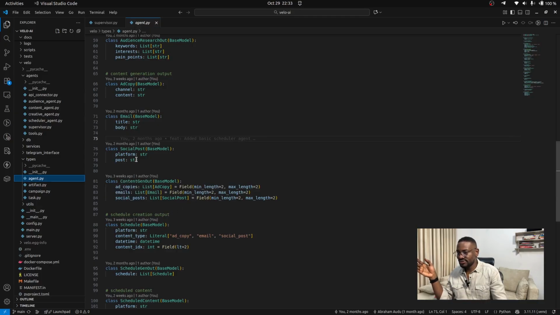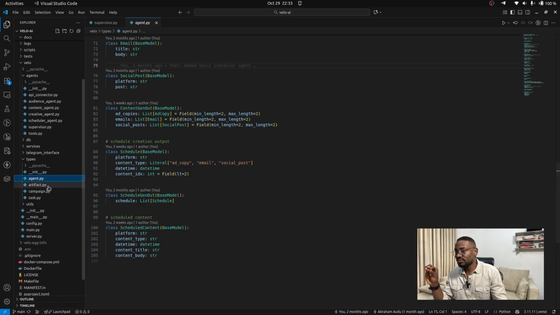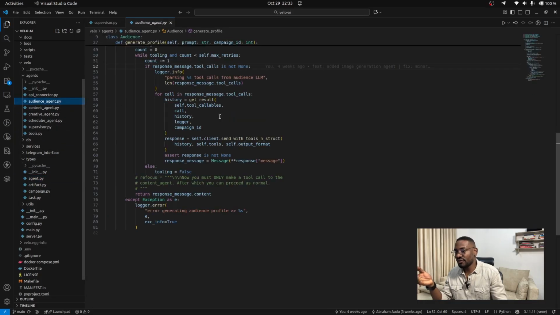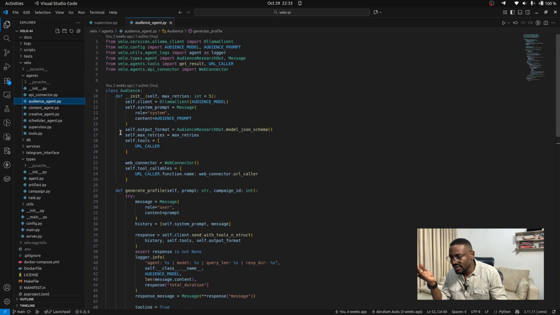And for the social post, this is what we're expecting it to have: platform posts for the emails and ad copies. So everything, all the types are predefined. So we then pass the JSON schema of this particular output as the output structure of what we want to come out, for example, the audience agent. So here is self.output_format, audience agent.model JSON schema, right? So we're passing this